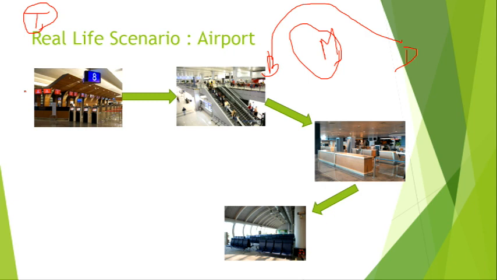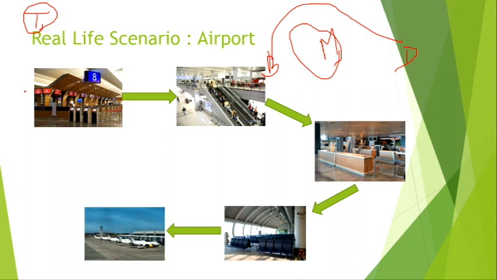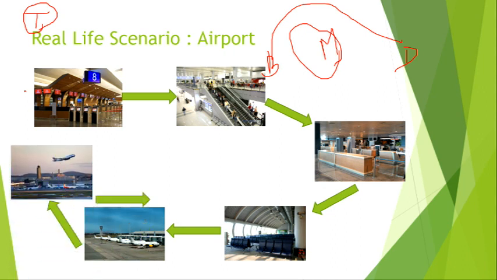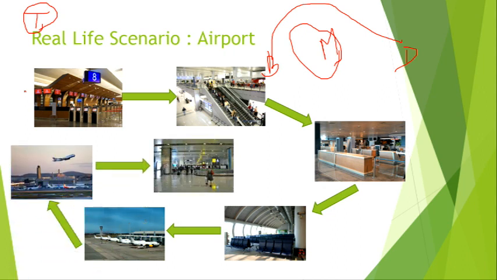So if my departure time has not arrived, then I have to wait in the lounge area. Then once the time arrives, I will board the flight. Then the flight will depart to the destination. Once I reach, I need to collect my check-in baggage from the belt. So this is the whole structure of the airport, and all these individual parts are called components of the airport.